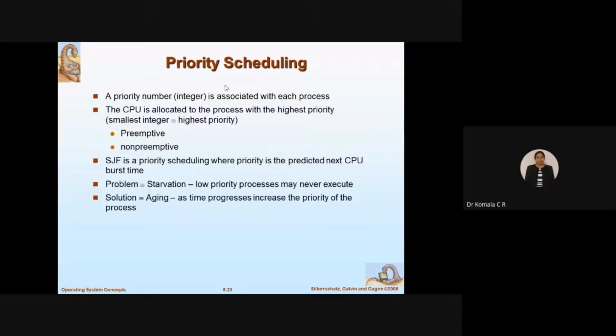Here the problem in priority scheduling is starvation. So what is starvation? Let us understand. Starvation is nothing but indefinite blocking. Let us understand what indefinite blocking is. We know that we have several processes kept in a queue, correct? Why are we keeping these processes in a queue? Because the CPU cannot execute all the processes at a time. Based on the technique and your requirement, the CPU is going to take up the processes one by one.